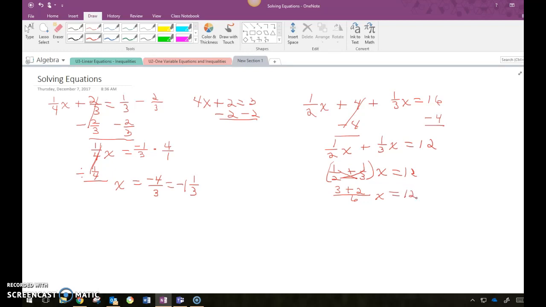I'm going to bring my x and my equals 12 down. Then I'm just going to add the numerators. 3 plus 2 is 5 over 6 x equals 12. Now I need to divide by 5 over 6, but that means I'm multiplying by 6 over 5. So x equals 12 times 6 is 72 divided by 5, which is